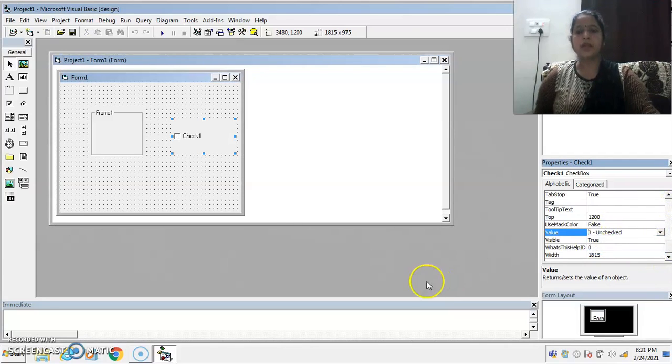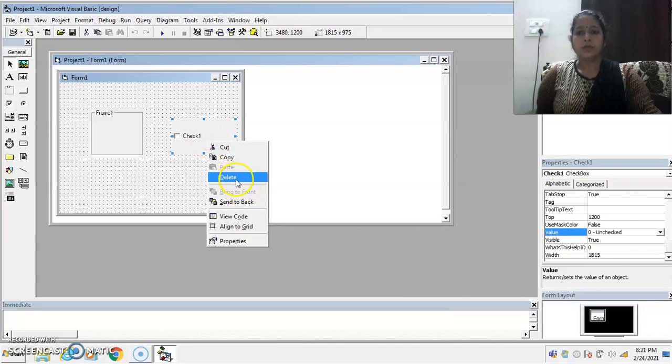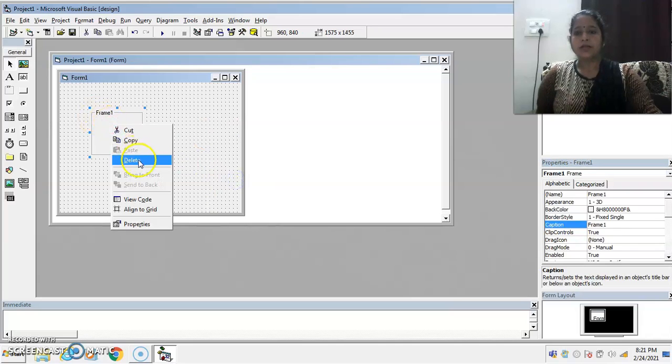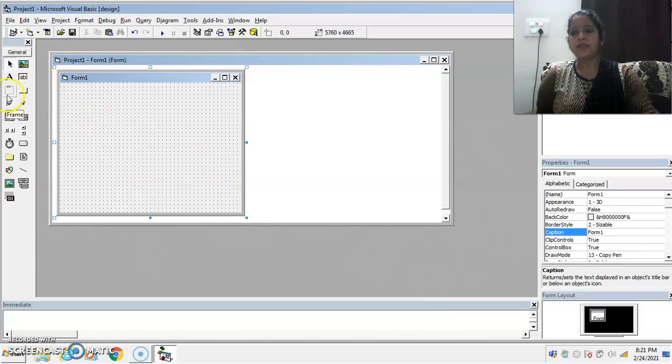Okay. Now let's take one program so that you can understand the frame control and checkbox control very well. I am taking a program to make the text bold, italic, underline, and strikethrough when the user selects the checkboxes. First of all, change the caption of the form to check box form.